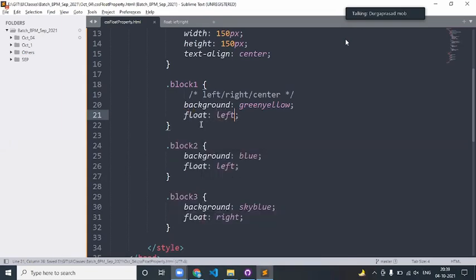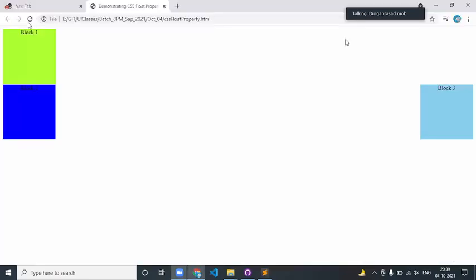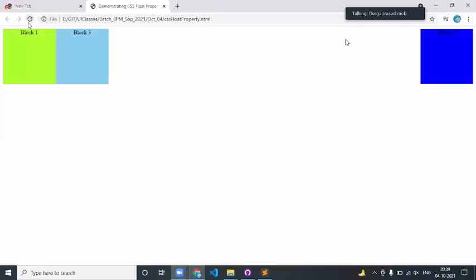Same thing, right? Irrelevant whether you are saying left, right, right, left, nothing like that. I'm saying whether the float property has been applied to the continuous DOM elements or not, as simple as it is. Oh, okay.